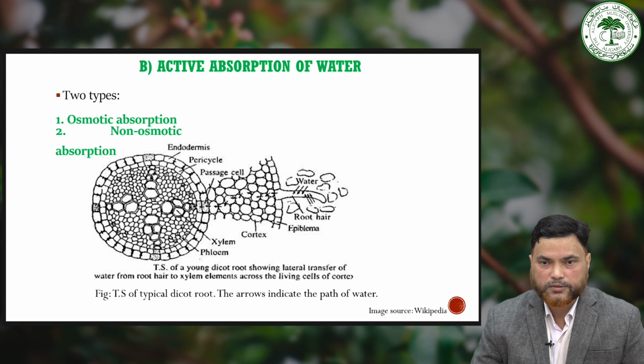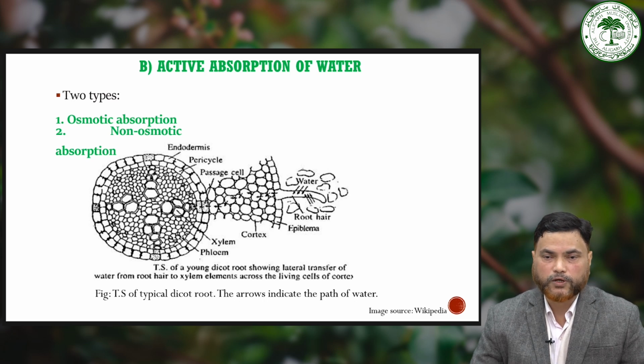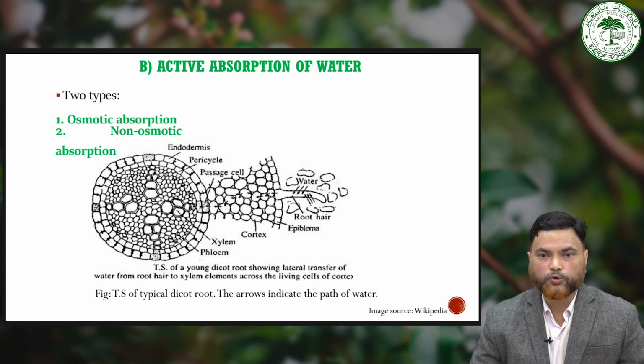process of osmosis. Now, the water potential and turgor pressure of the root hairs increase as they become filled with water, or in other words, it could be said they become turgid. Now, the water from root hair cells reaches the cortical cells that are present adjacent to the root hairs, which generally will have higher solute concentration as compared to the root hairs. Therefore, water is drawn into these adjacent cortical cells from the root hairs through osmotic diffusion. So, in this way water gradually moves towards the innermost cortical cells and reaches the endodermis through cell to cell